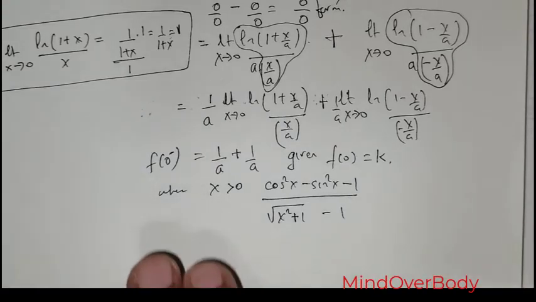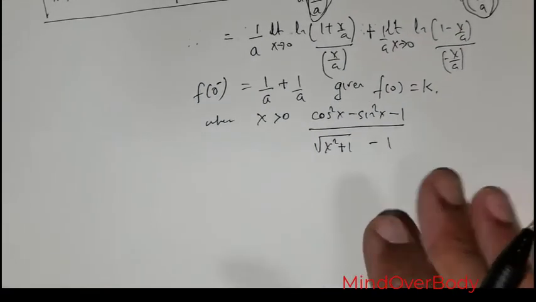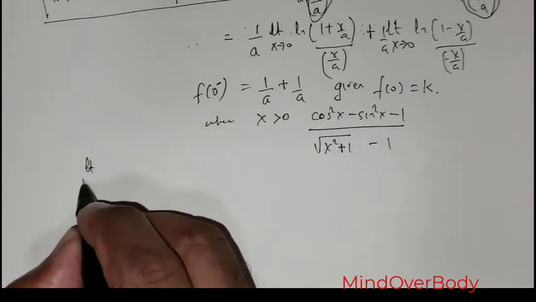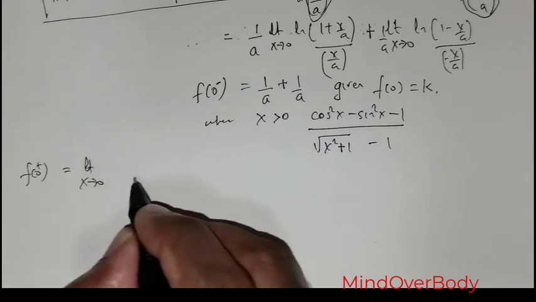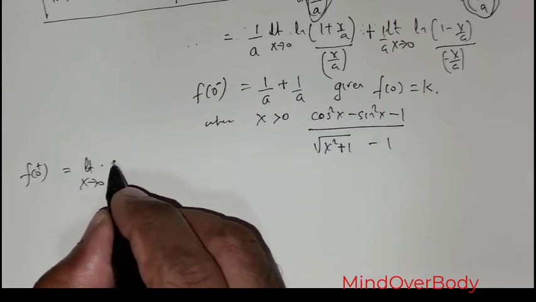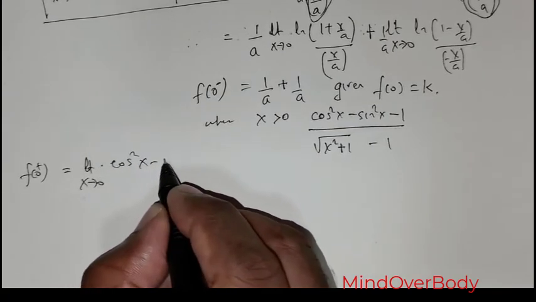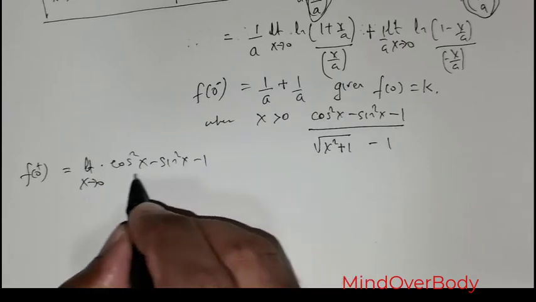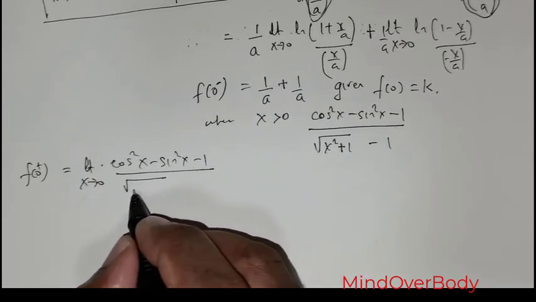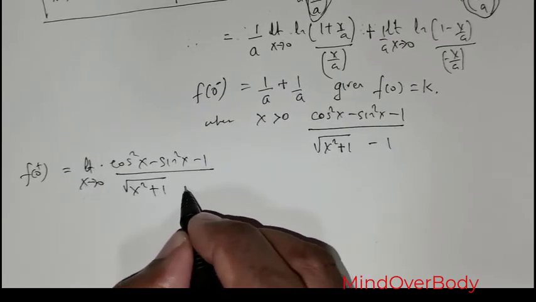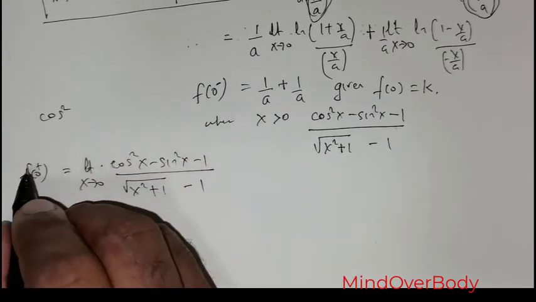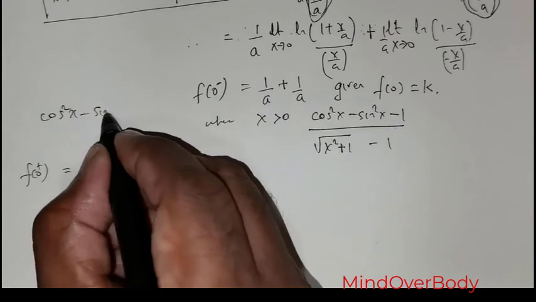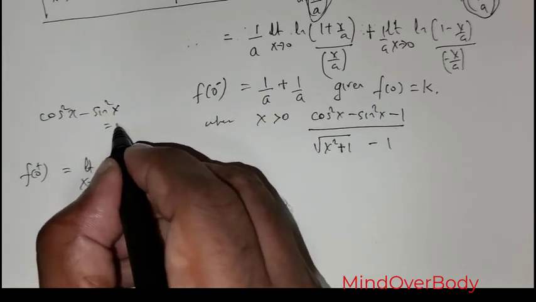Now I'm going to find the limit x tending to 0. This is actually f of 0 plus, and the function value is cos squared x negative sine squared x negative 1 divided by root of x squared positive 1 negative 1. There is a formula which states that cos squared x negative sine squared x is equal